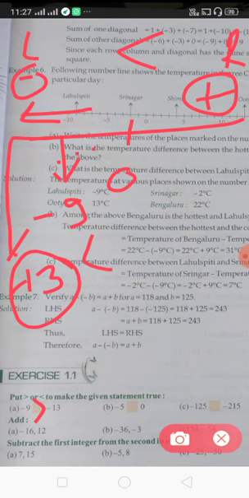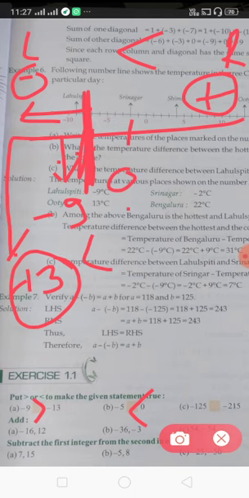Similarly here, minus 5 and 0. You know that 0 is neither positive nor negative, here is 0, and where does minus 5 come? Here. If minus 5 comes here, it means it lies on the left side of 0. If it lies on the left side, it means minus 5 is small. If minus 5 is small, you place the sign like this.